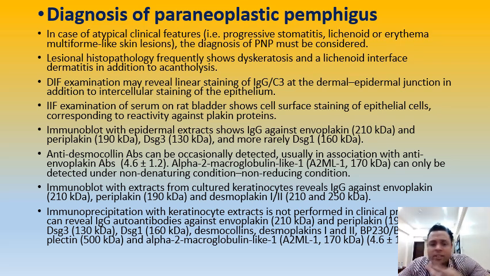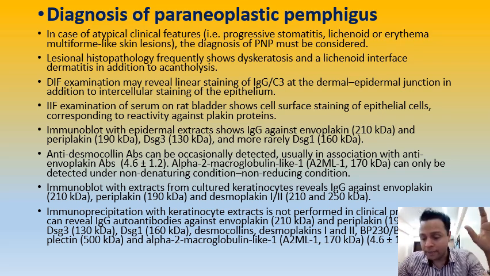There will be dual immunofluorescence. Normally, I told you in the case of paraneoplastic pemphigus, we use a different substrate. We use rat bladder. So we will put the patient serum on the rat bladder. It will show cell surface staining of epithelial cells corresponding to the activity against the plakin protein, because it is